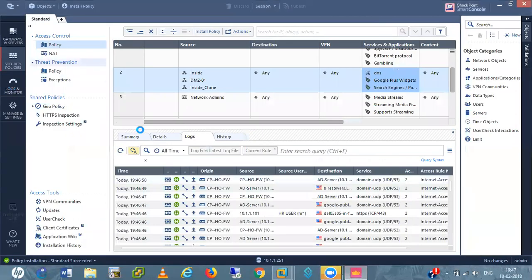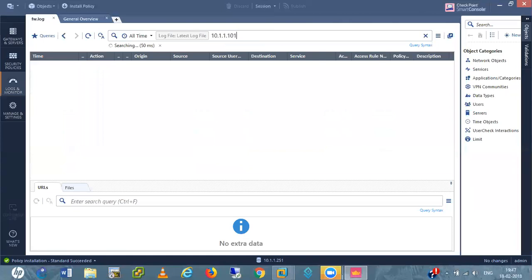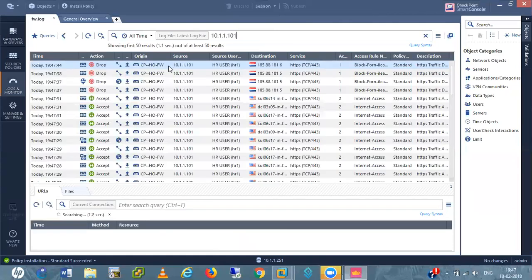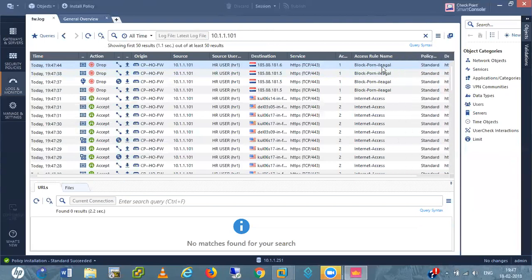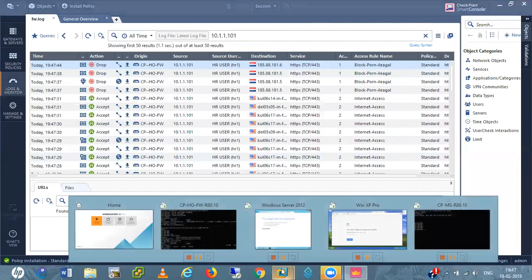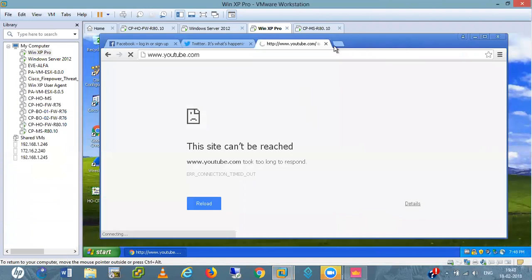If I go into login monitoring, it is dropping, right? Blocked by the rule, block porn and illegals. Yeah, that is the verification, how we can play with policies.